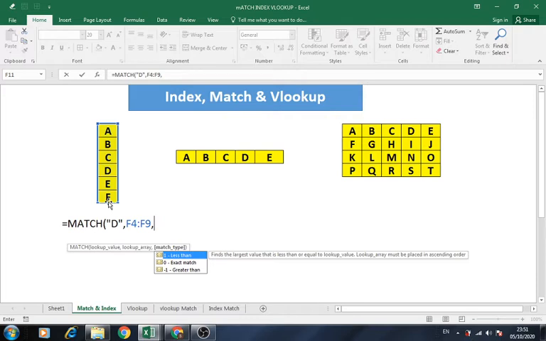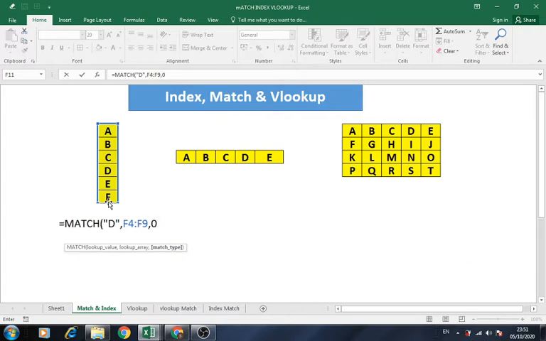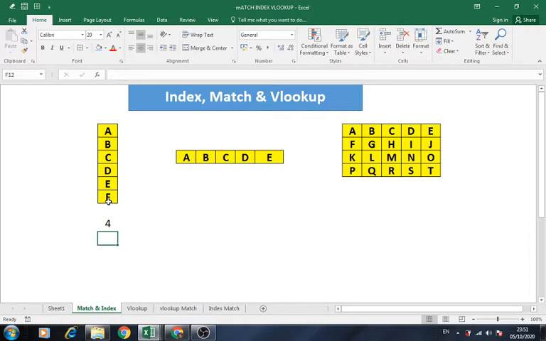And I am selecting here the exact match. There are three parameters here: the lookup value, the range or the array, and the match type. It is at 4th position.